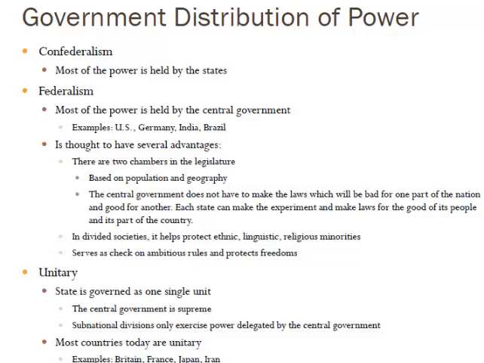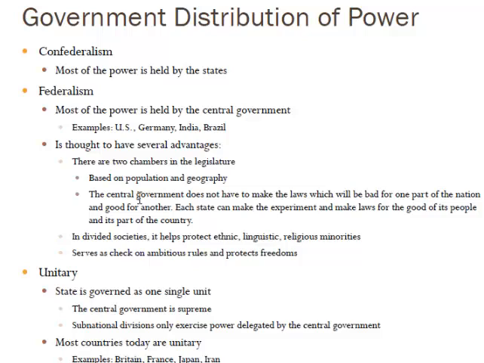Splitting of power between the federal and the state governments, and even within the federal government, splitting the power between the executive and the legislative and the judicial branches, which means the presidency, Congress, and the courts, and even within the legislative branch, within the lawmaking branch, within Congress, of splitting it again into a House of Representatives and a Senate. And of course, another of the advantages of federalism, splitting the power between the states and the federal government,